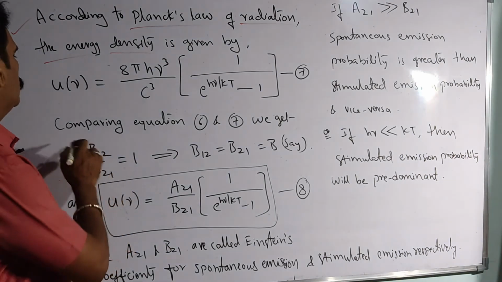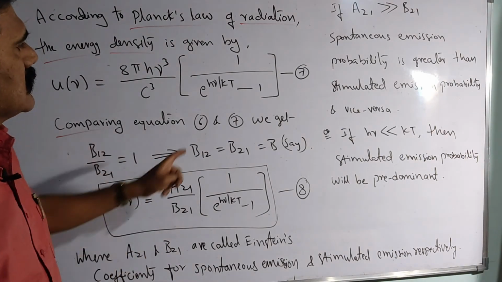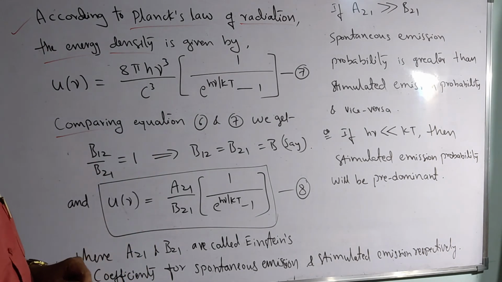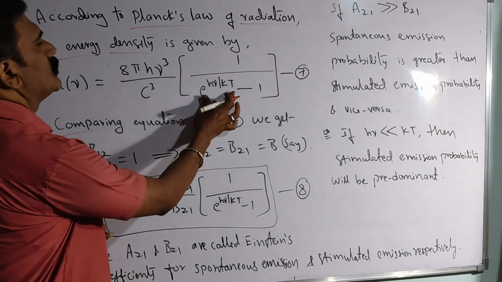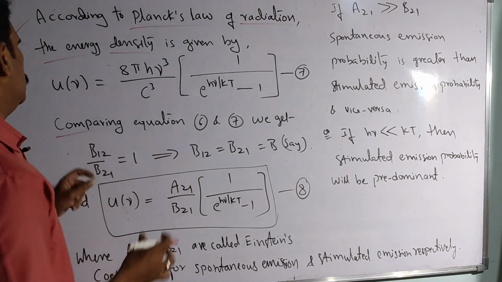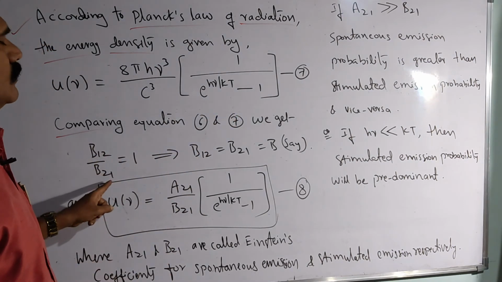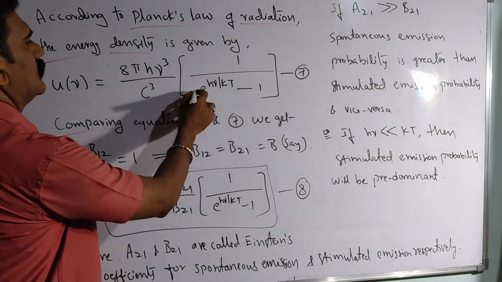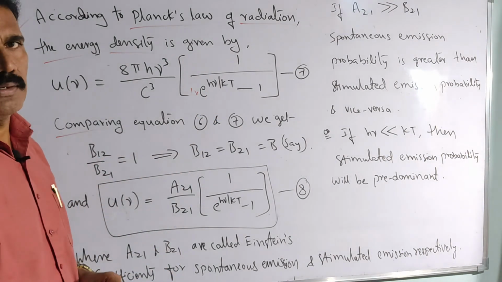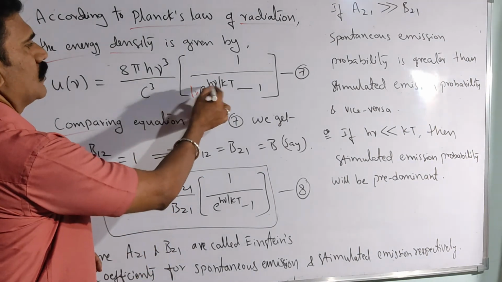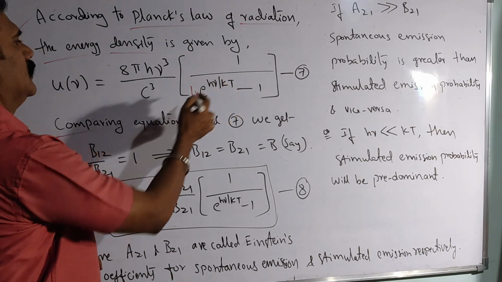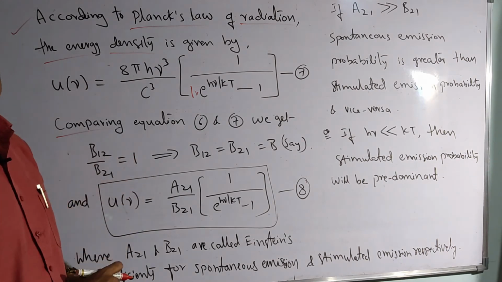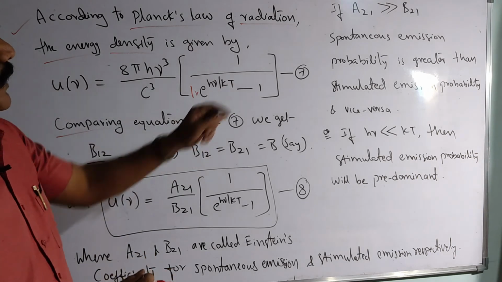Okay, now comparing those equations 6 and 7. Just compare the equation 6 and 7, so that you will come across the coefficient of e to the power of h nu by KT, which was there already, B12 by B21. But here in place of B12 by B21 nothing is there, isn't it? So let us say it is equal to 1. So you can compare this coefficient of e to the power of h nu by KT, B12 by B21, is equal to just 1 only. Okay, so you can see that in the comparison.